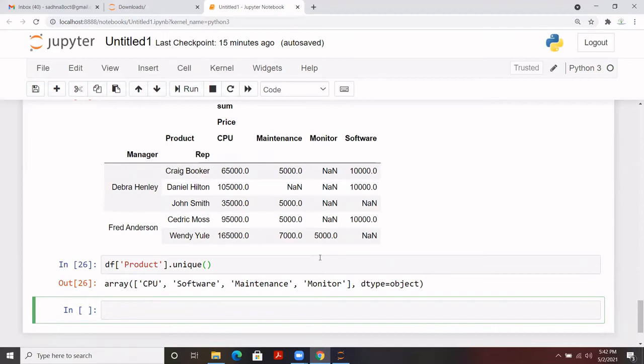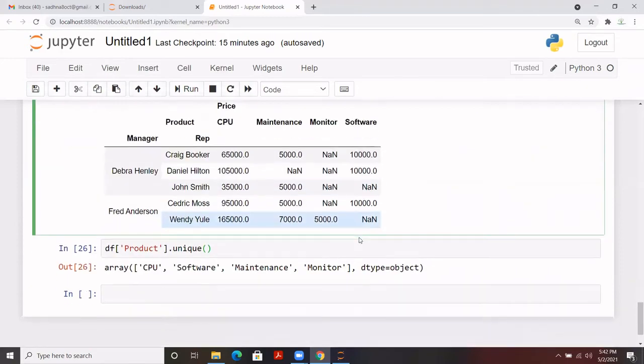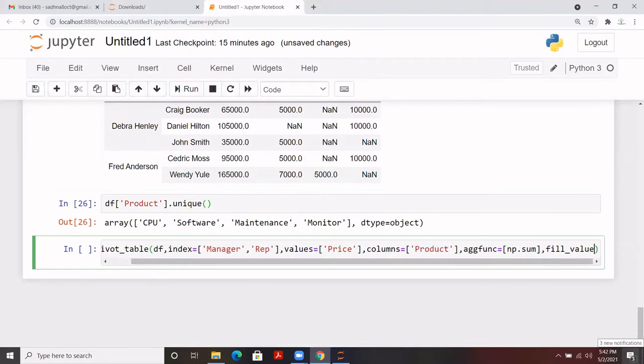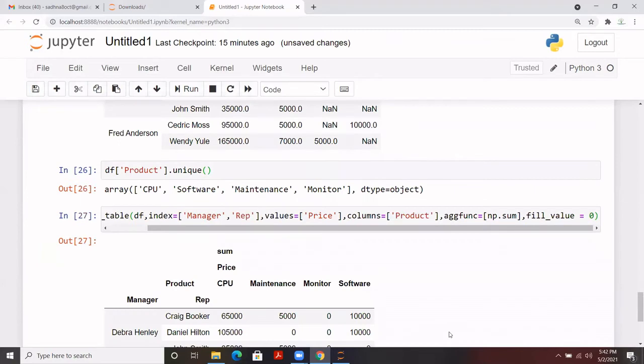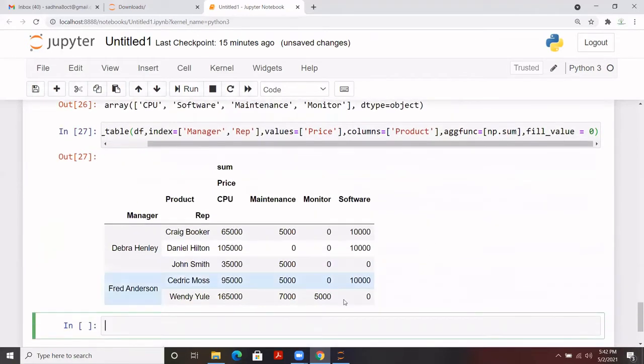Now, these are the NaN values. They are a bit distracting to us, and here I want to fill all the NaN values. So we have fill_value to do this. Let me copy and paste the code, because we are going to make a small change here to fill that value. After this, we'll be passing fill_value, and how do you want to fill it? Let's say I want to fill it with 0. Once I run it, it looks much better, because previously it was showing all the NaNs, but now it looks much better than the previous version.